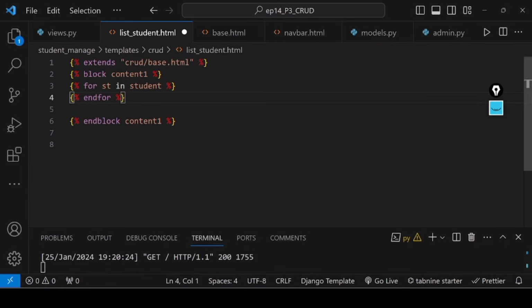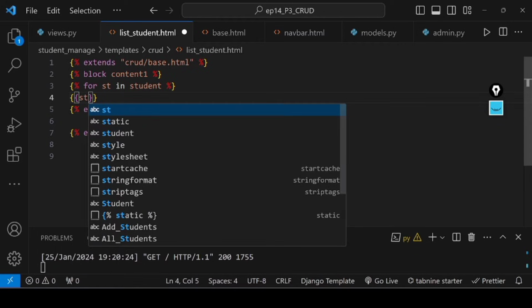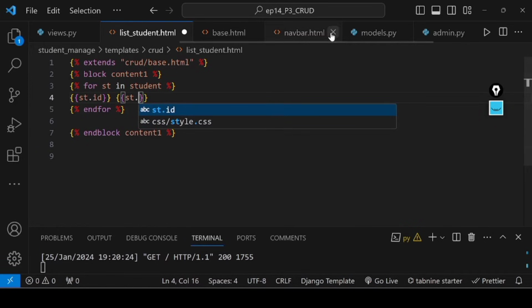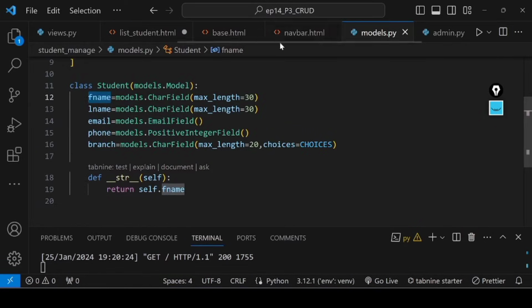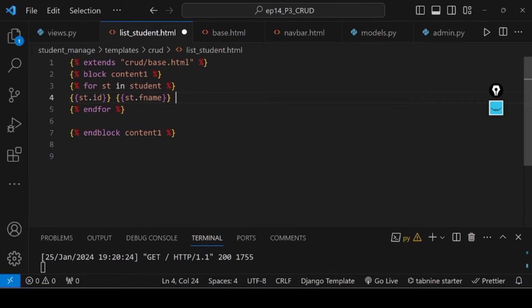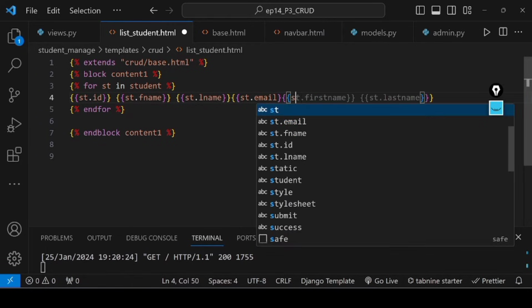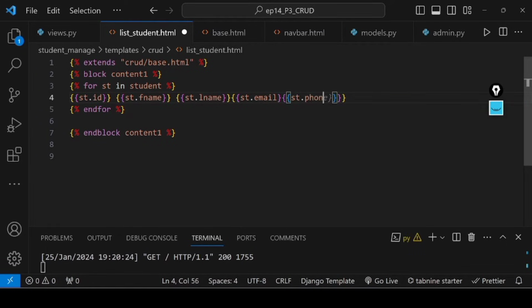What we want to see, we will want to see st dot the id, then st dot, you will take it from this particular model, first name, fields. The fields will come from the model only, okay? Then st dot email field we have, then st dot the phone,